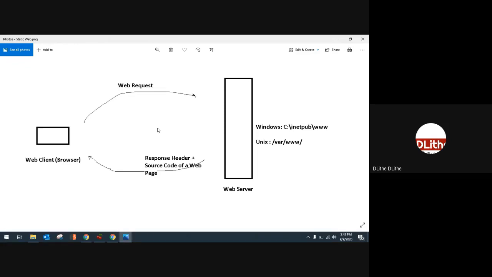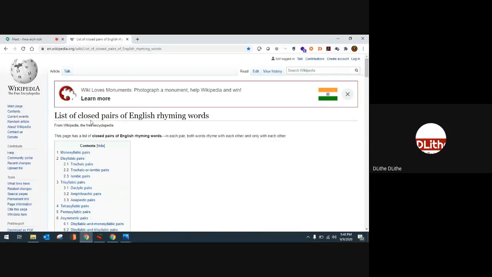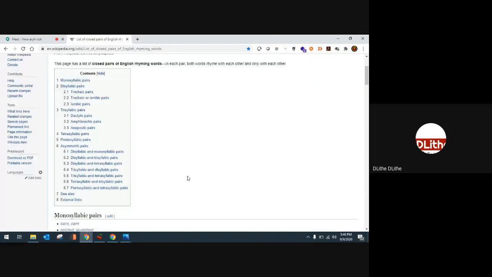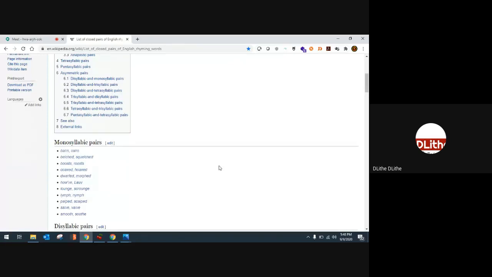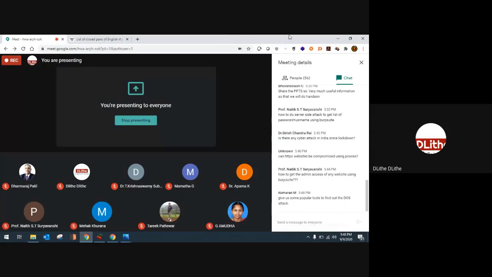So in static web, what we do is we develop web pages and store them in some location. We turn on some application like Apache or Nginx or IIS that will turn our computer into a web server. As simple as that. This is what happens in Wikipedia. This is how most of the websites in today's world work. They're just web pages created by someone, and they turn on the web server, they have internet access, and they're all online on the internet. As simple as that. There is no logic, there is no login, there are no logs, nothing over there. Okay, this is one way.